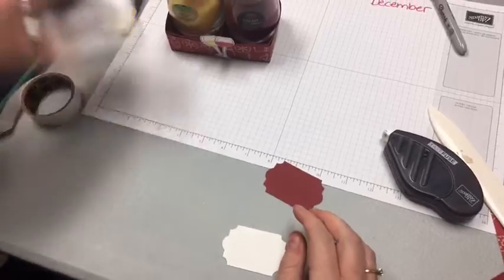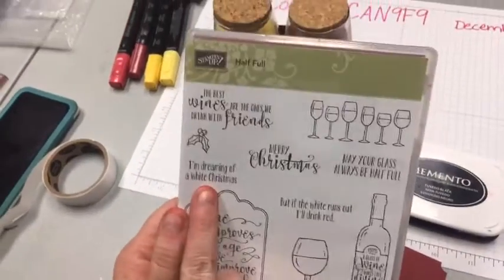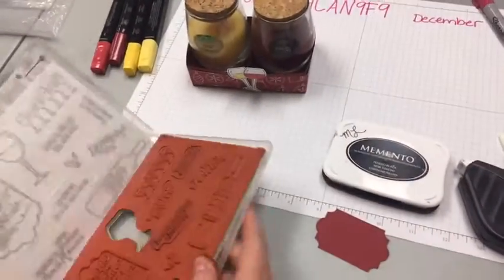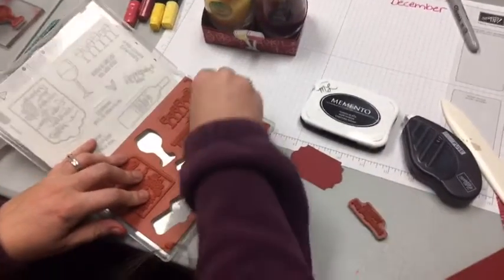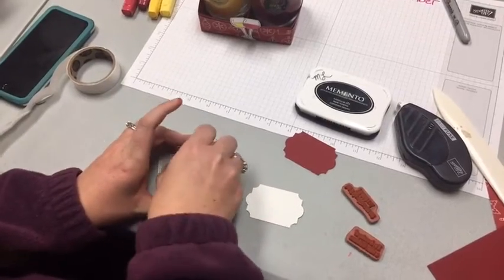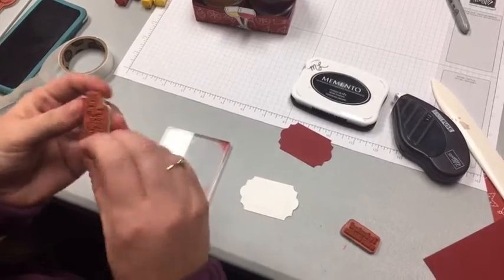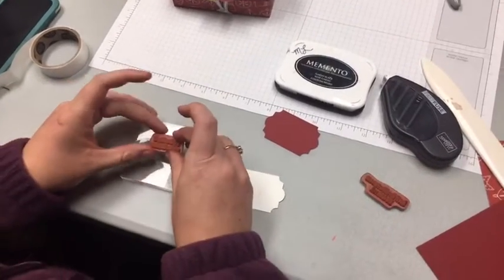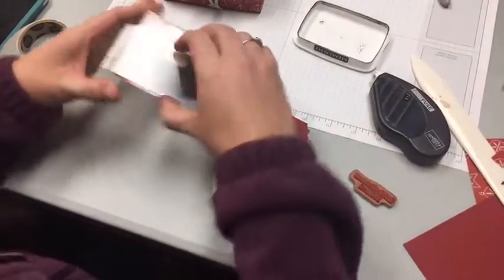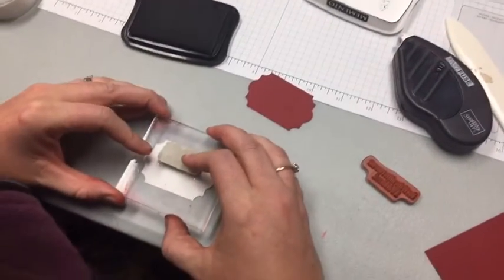And I'm gonna take my stamp that says, I'm dreaming of a white Christmas, but if the white runs out, I'll drink red. And we're going to use those. And we'll stamp the I'm dreaming of first. And I just realized something else I forgot. I can tell I just came from card class because I'm not as prepared. So I'm just going to stamp this towards the top of the label,